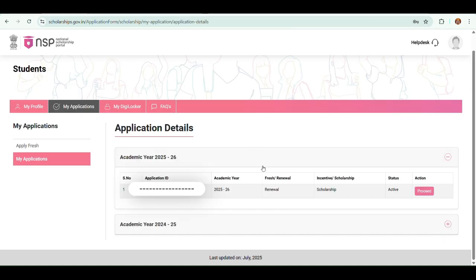Now you can see in the dashboard that you can proceed with the scholarship. Click on the proceed button and it will redirect to a page. Fill in all the details correctly. After that, at the end you will receive a bona fide certificate. Take a Xerox of that bona fide certificate and submit it in your college. The college will provide you the stamp and signature of the college. Then you can take a photo of the bona fide certificate and upload it here. The college verification will start, the college will verify it and you will receive the money.